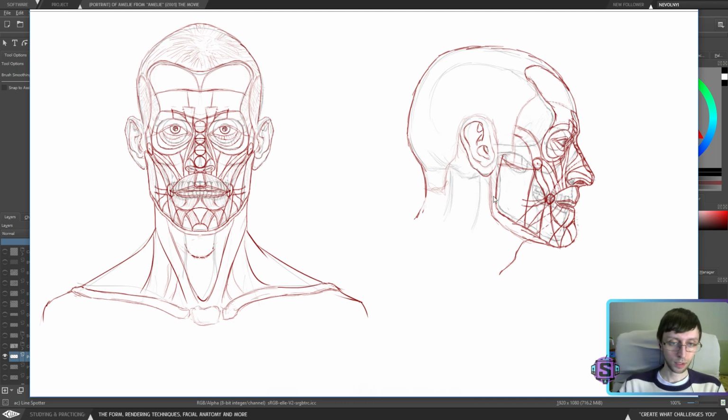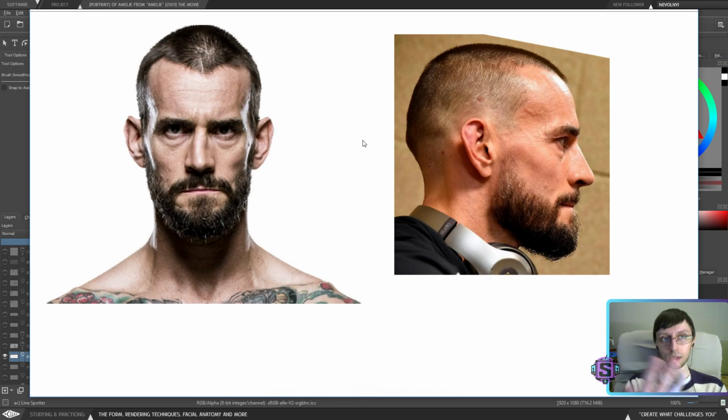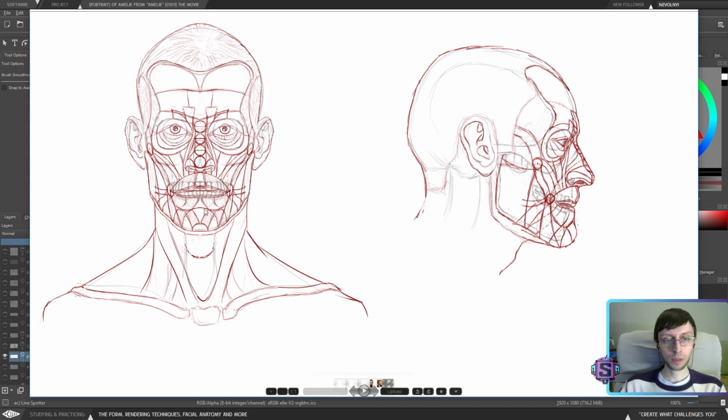So again, right here you can see the skull, and then we will basically add muscles on top of it. This will allow us to go from the skull base into the anatomy base, and this is exactly how you could study anatomy, purely study anatomy, and then you could go into the rendering and create something like this, and actually understand how this schematic anatomy works in terms of the form. So how it wraps around.